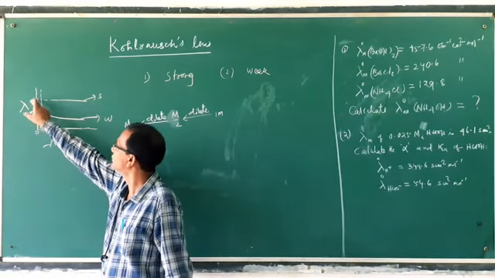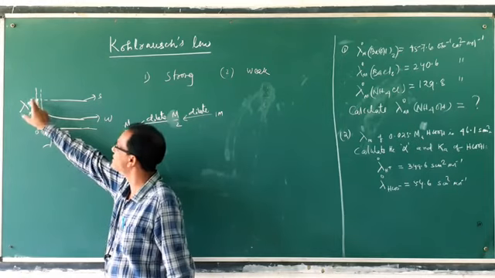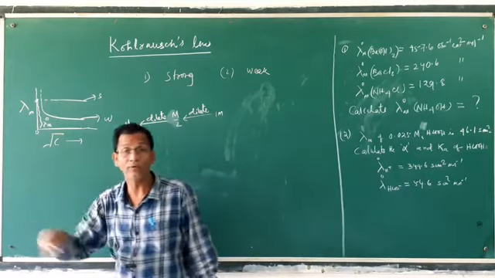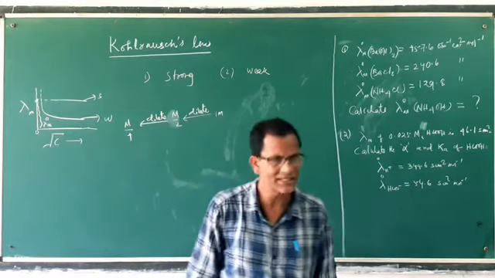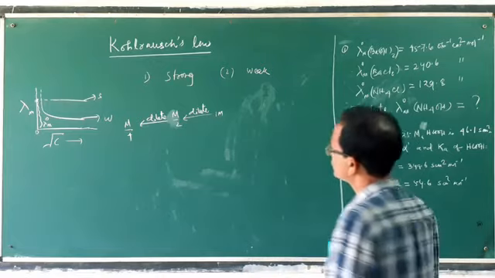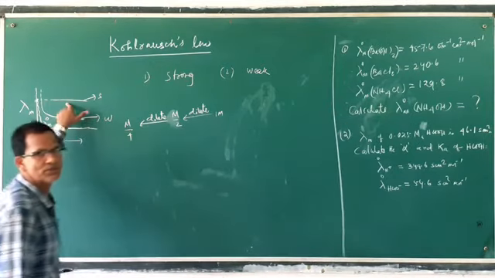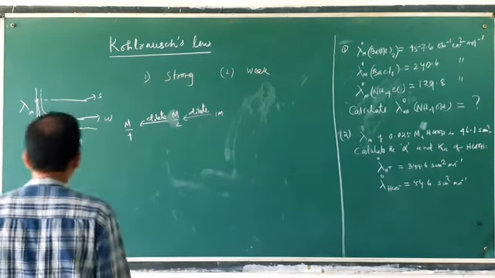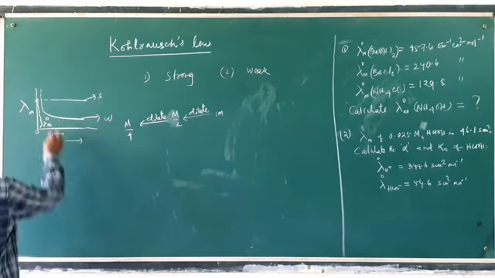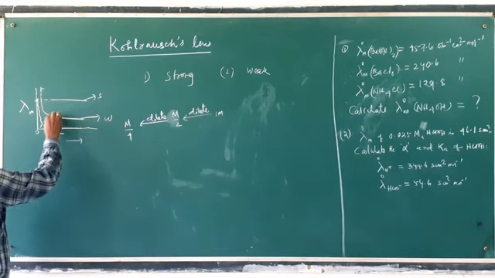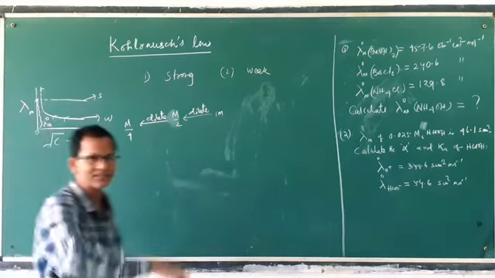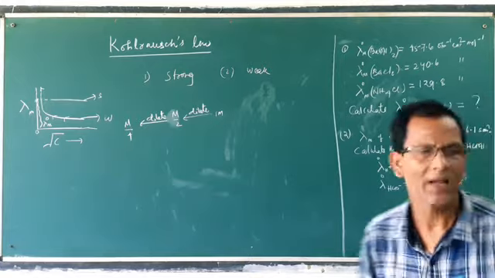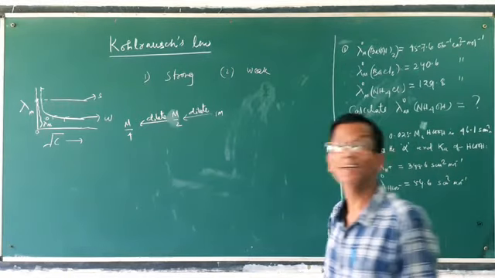The point where the graph meets the lambda axis is zero concentration, and the value of lambda is called lambda m naught, that is lambda infinity. So for a strong electrolyte it is possible, but for a weak electrolyte it is not possible graphically, because the graph is parallel to which axis? Lambda axis. That's why, as we discussed, for a weak electrolyte lambda m naught cannot be calculated graphically.